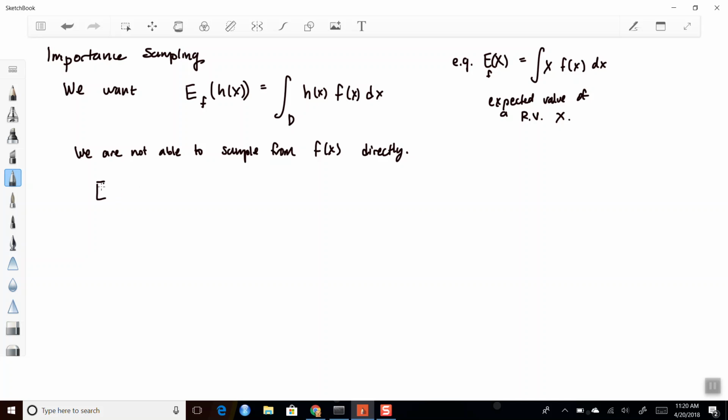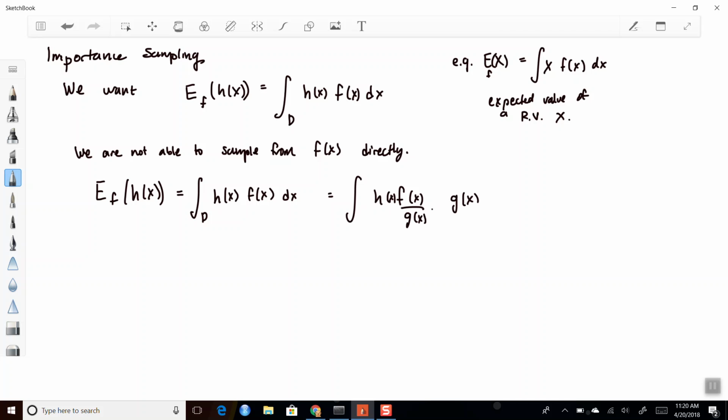So instead, what we do is we're going to say the expected value of h of x over the random variable x that's defined by f of x. It's exactly this, but we just multiply it by g of x over g of x. So I'm going to divide this by g of x, and I'm going to multiply it by g of x. Okay, and so this remains in the same form of some function